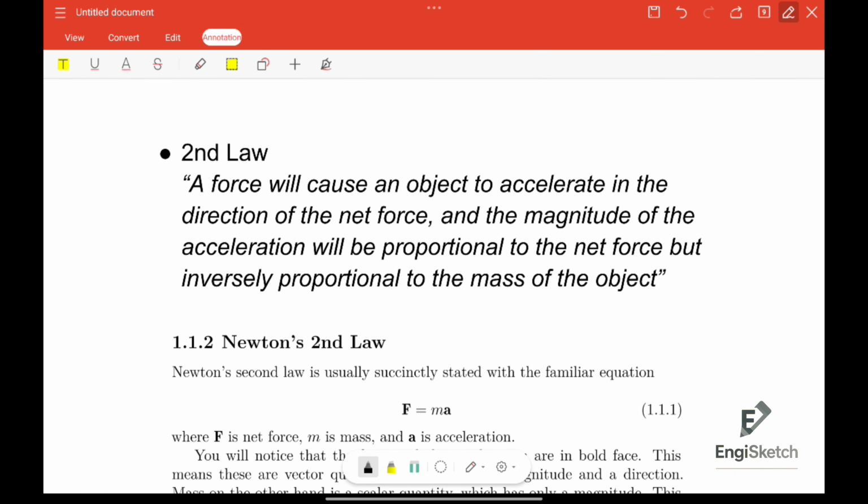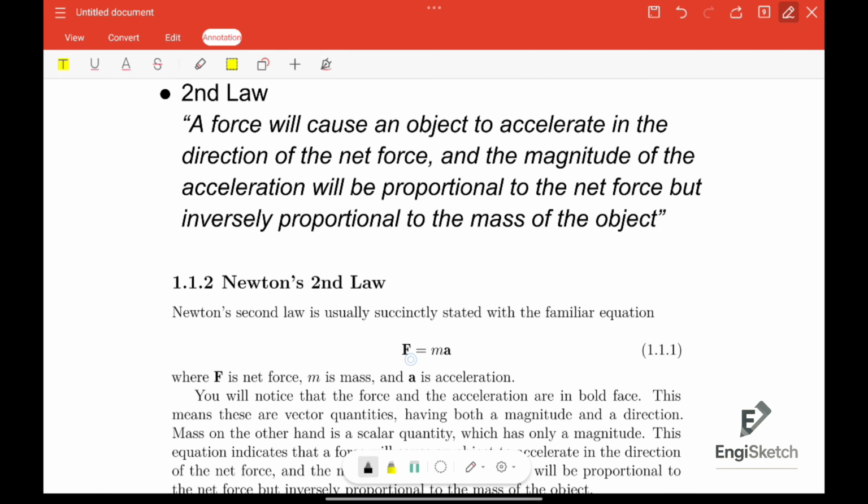Now the second Newton's law. We have a formula for the second Newton's law, which is the force equals the mass times the acceleration. As we know, in statics the acceleration equals 0. So that's why this formula won't be used with us from the second Newton's law. But